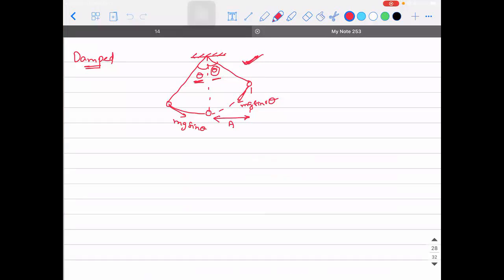Theta will reduce to 0 and there will be a particular point where the restoring force will also be 0, where the value of theta will become 0 after a particular point, means it will exactly come to its equilibrium position and stop. There will be a particular time, let's say after 2 hours, it will come and stop like this. It will be still. It will not be oscillating anymore, right?